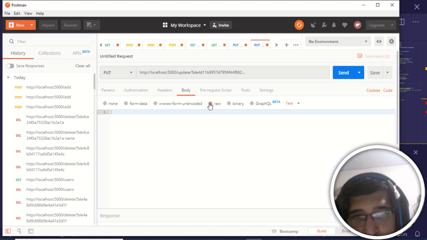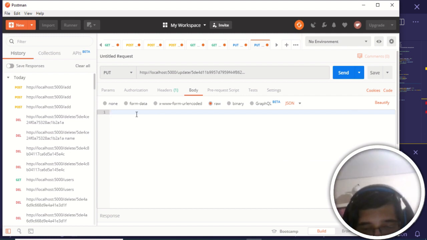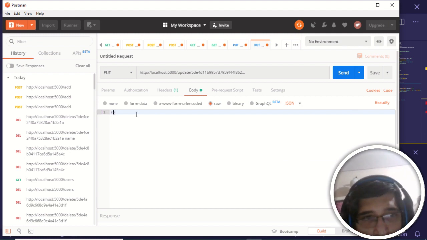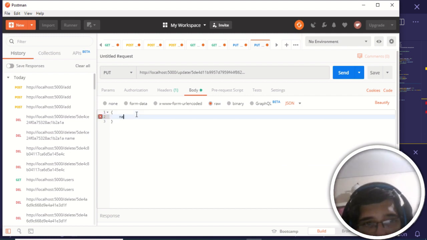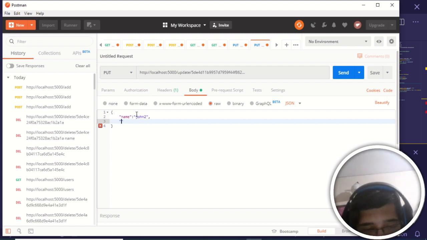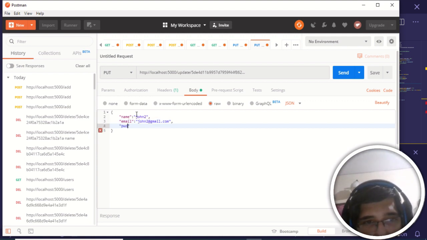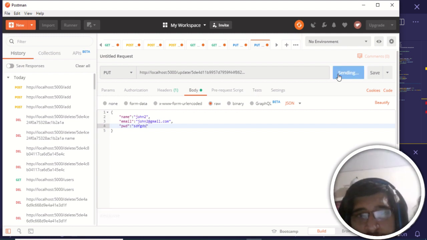So select raw, and inside this select JSON. Here you just need to provide the new values. So let me provide a name value as John2. Let me also provide an email, let's suppose john2@gmail.com, and the password, let me choose a random one. And if I click send here,